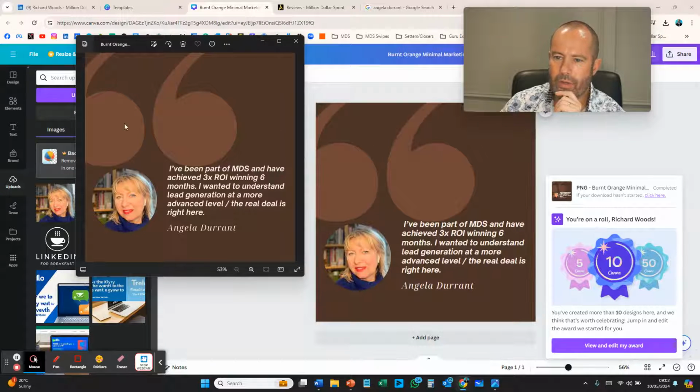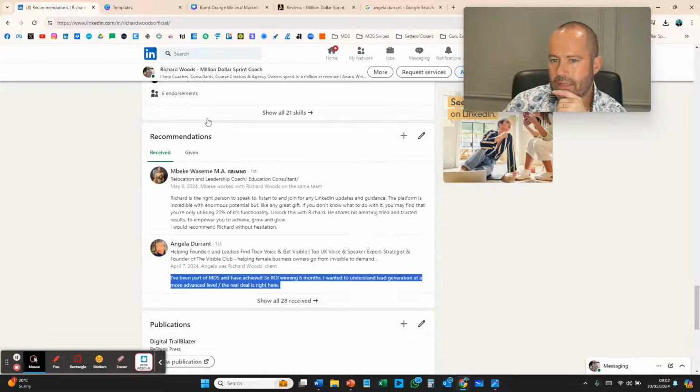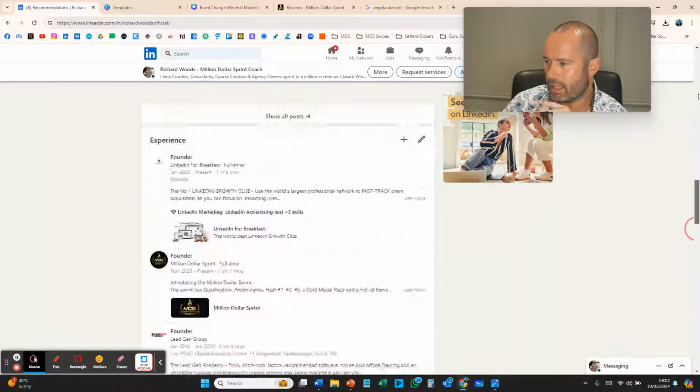So now we've got a nice image that we can go out to. Make sure it's obviously your client's brand colors, or your brand colors if you're doing this for yourself, and the spacing. It's a bit messy, but that would work. And then I would simply be able to take this out onto social media, and I'd be able to say something such as,